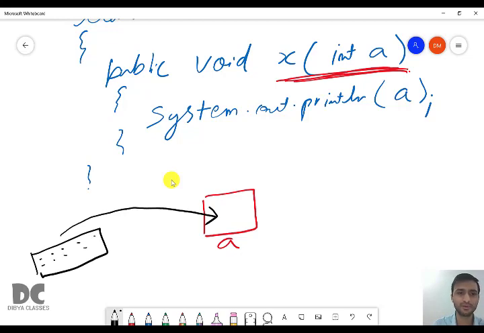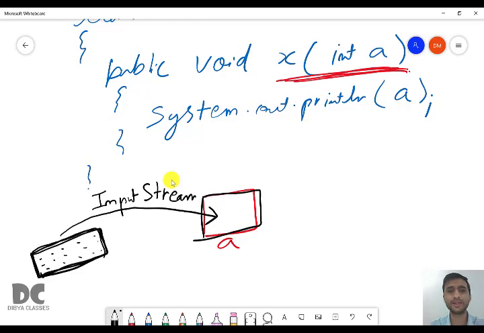So this is called input stream. So input stream does what? The input stream will link your keyboard with the variable a, so that when you type something on your keyboard, for example you are typing 5, the value 5 will be stored in the variable a. The input stream helps to link your keyboard with the variable so that you can give some input.